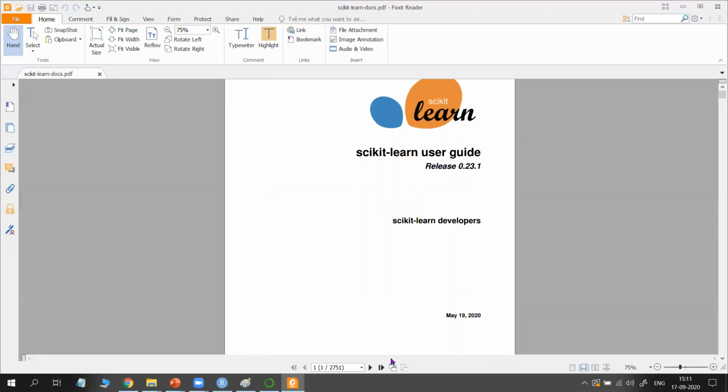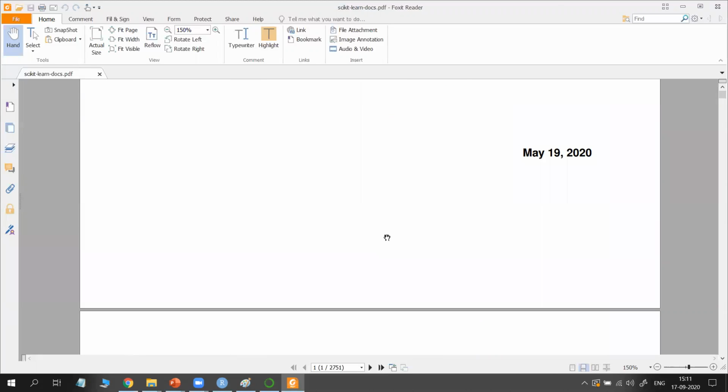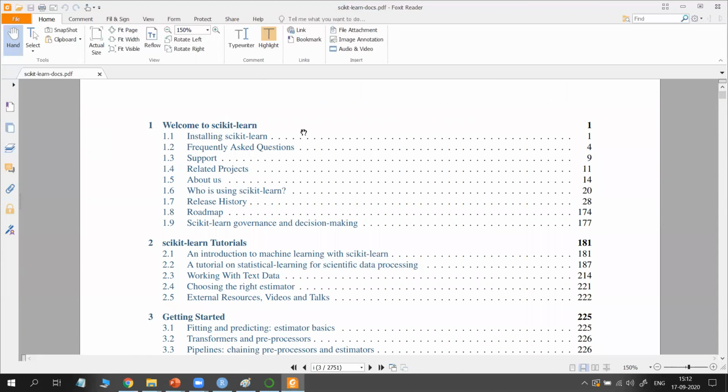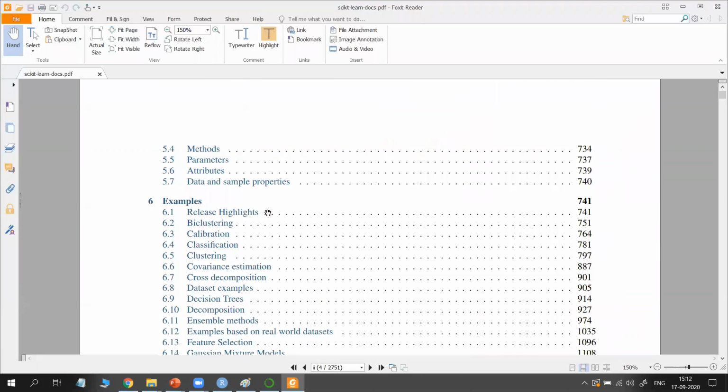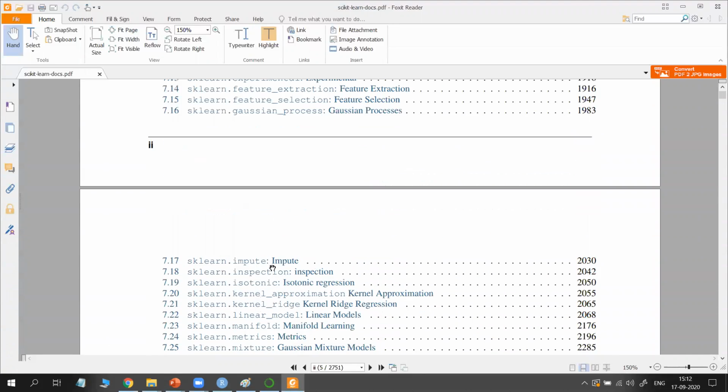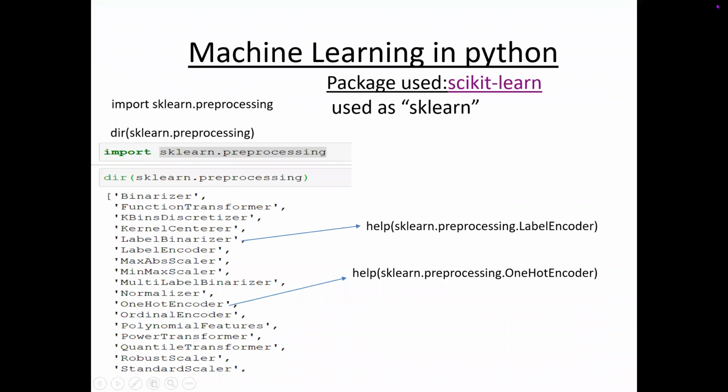See the number of pages here, 2,700 pages, and it was released on 19 May 2020. Of course, a new guide may have been released. You may go and check the net, but see here, a lot of information is available on how to install and what the different functions are. Almost every machine learning model can be built by using this documentation. That's why Python has become more popular for doing machine learning tasks.